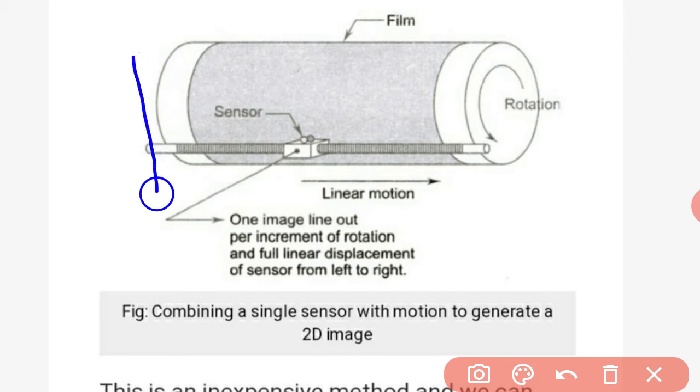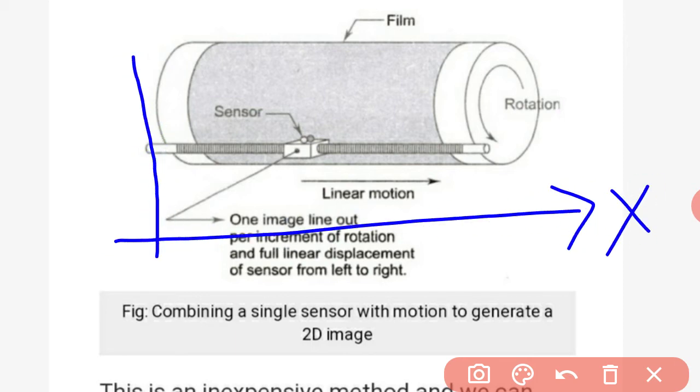Two-dimensional image means the vertical axis as well as the horizontal axis, x and y. These are the two-dimensional image. Now here, there is relative displacement in both the x and y direction between the sensor and the area to be imaged, an arrangement used in high precision scanning, where the film negative is mounted onto a drum whose mechanical rotation